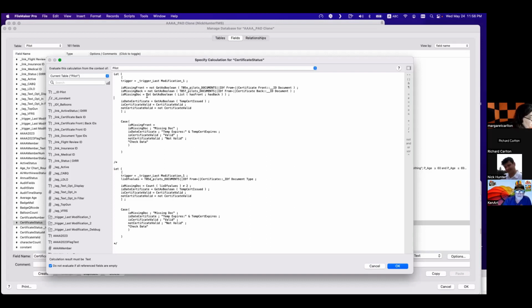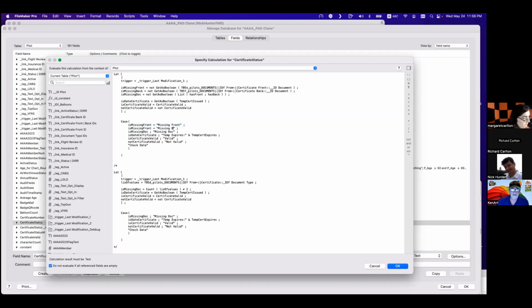To be yes when it's missing, I need to say not when there's something. When there's something there, it's not missing. Exactly. So this is missing front. And this is missing back.